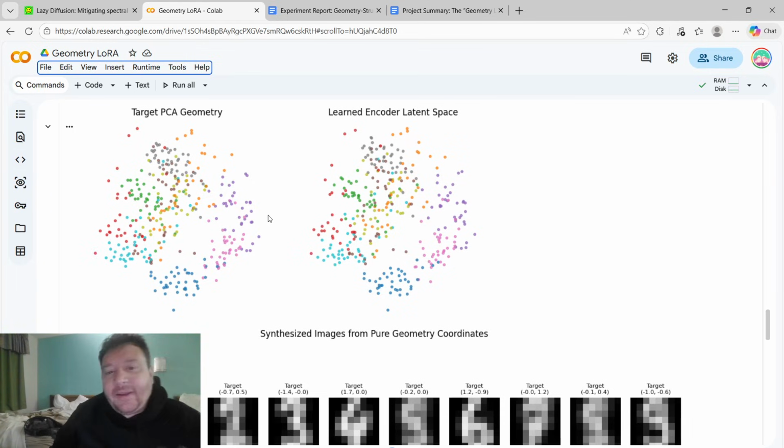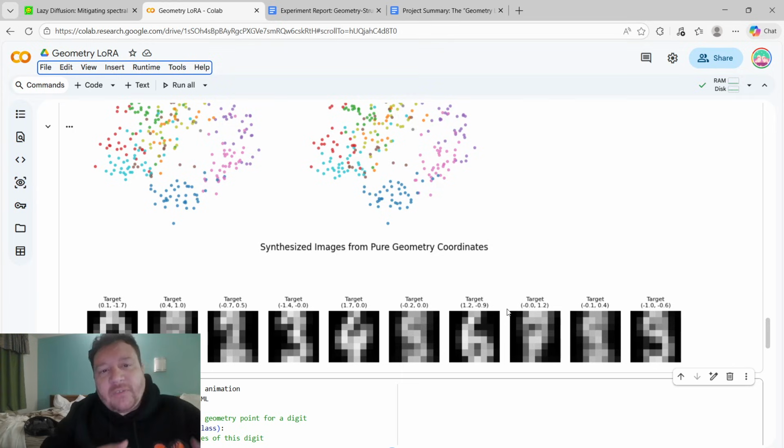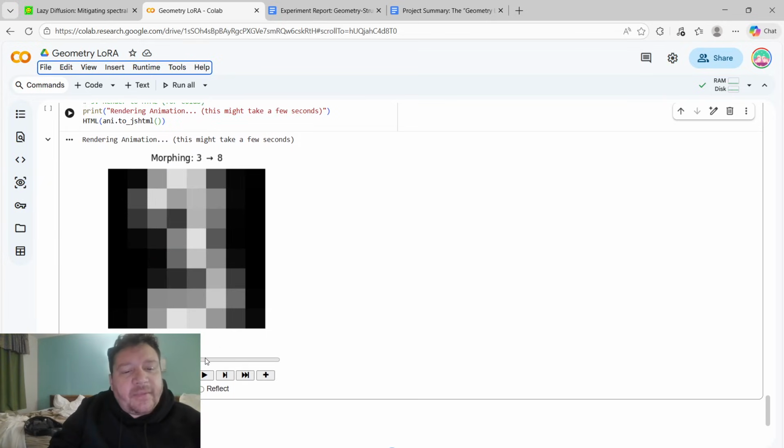What we're looking at here is what the model was given: a 2D PCA representation of this data, and then it produces the digits off of this with enough geometric pressure, enough geometric guidance, right? And then the next step I want to showcase within that would be